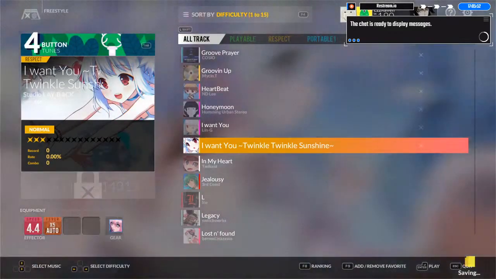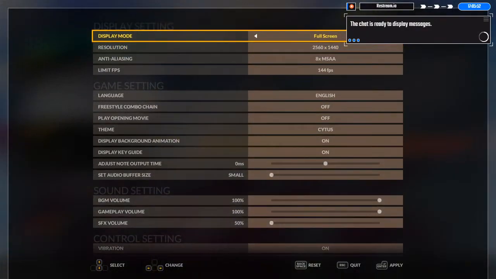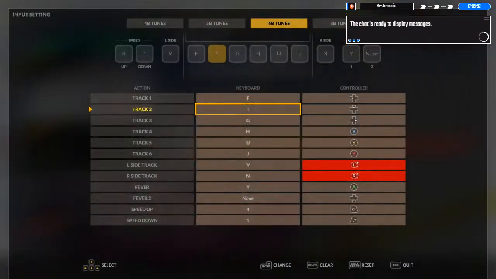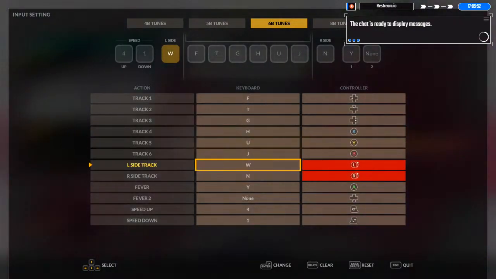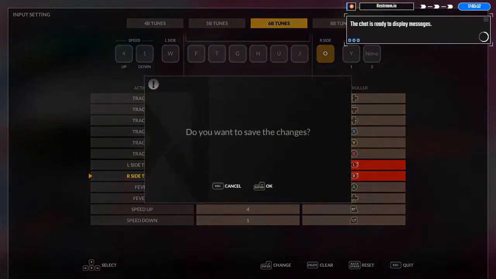Start with the 6 buttons mode. Okay, just want to quickly check my configurations for the 6 buttons mode. Make sure that the green tracks are bound to the turntable. Okay,